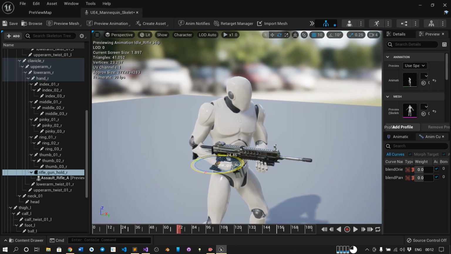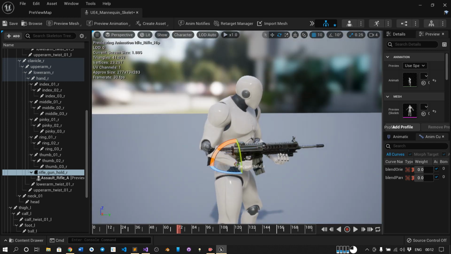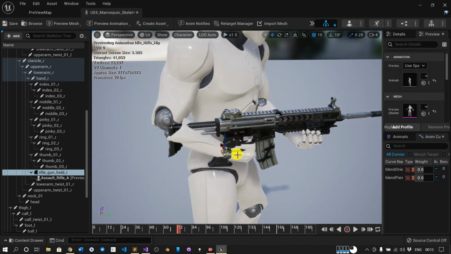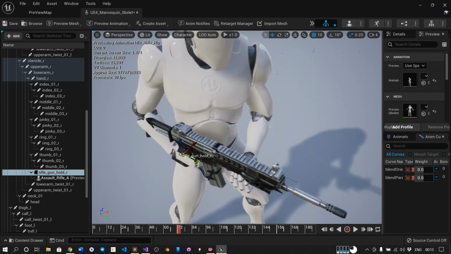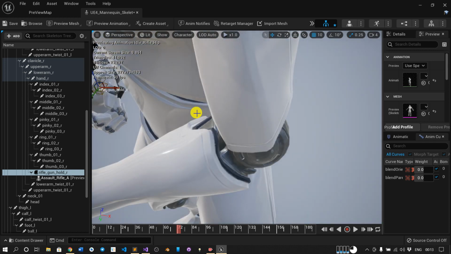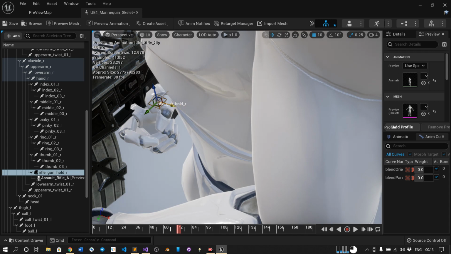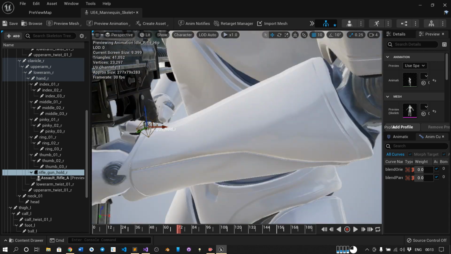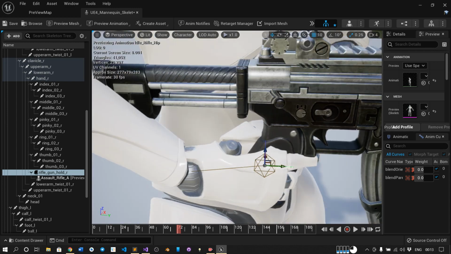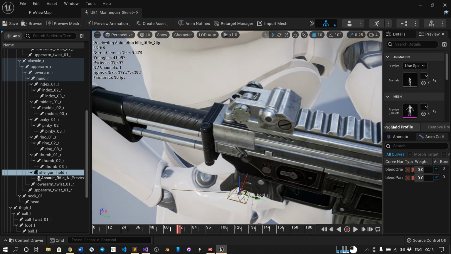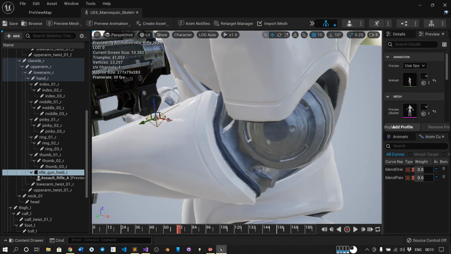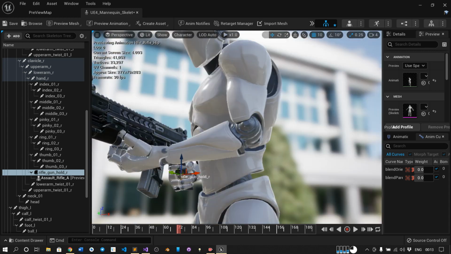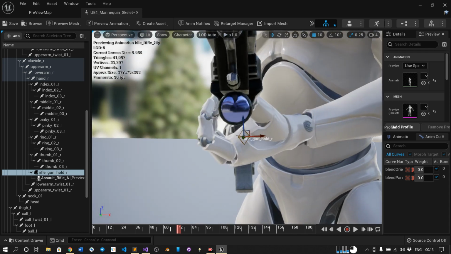Now I think this is perfect, and for the front also it is looking fine.